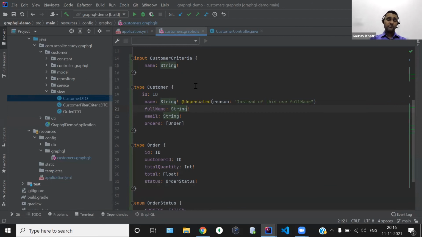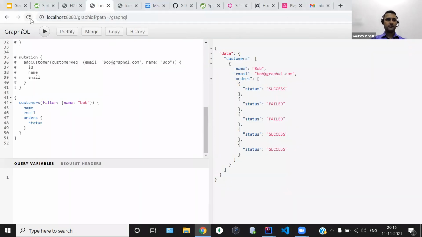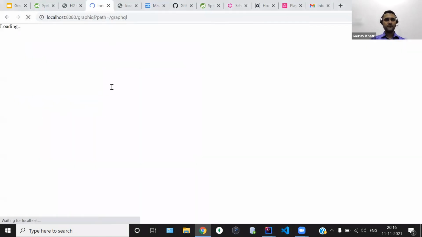So what I wanted to explain is, we have seen that if we change the UI model, then there is no impact in terms of middleware. But what if we change something on the middleware side? Do we get any impact on the UI or not? So over here, I have just deprecated the property called name, and instead of that, I have added a new property called fullName. Okay, so if everything is up and running, we can refresh the GUI tool.